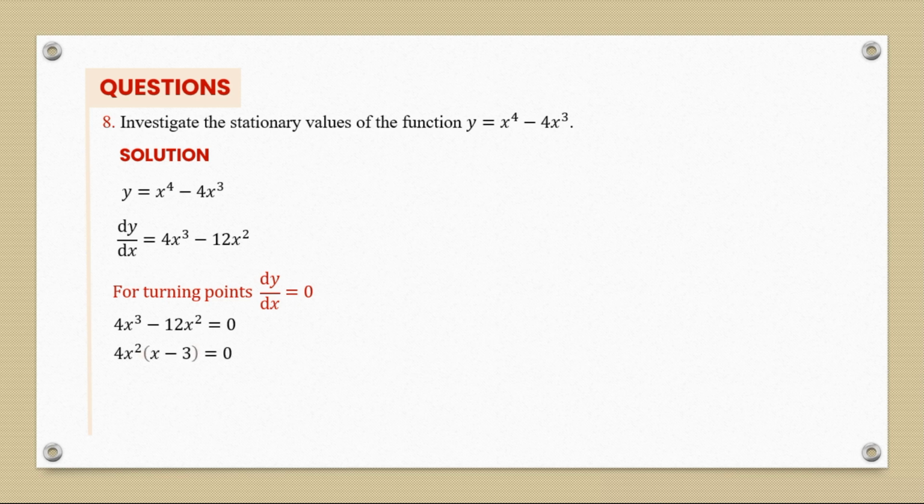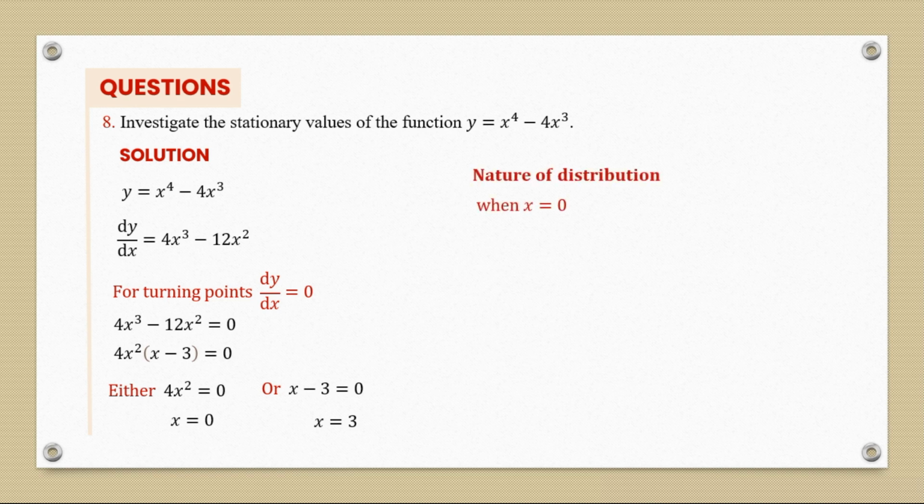Now in this case, I have to factorize out 4x squared into x minus 3 and equate that to 0. So either 4x squared is equal to 0, of which x shall be equal to 0, or x minus 3 is equal to 0, of which x shall be equal to 3. Alright, so let's look at the nature of the stationary points. So when x is equal to 0,